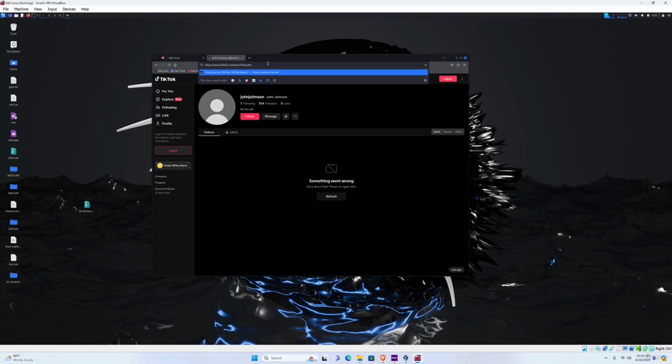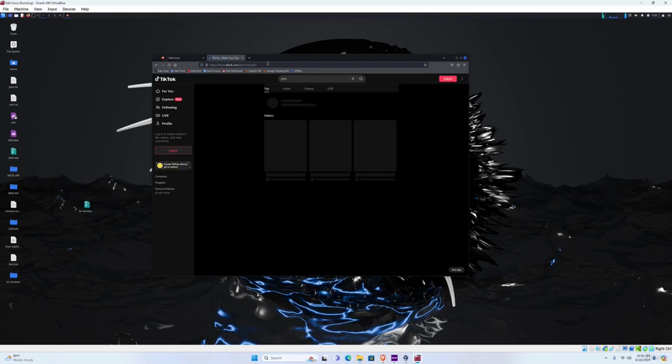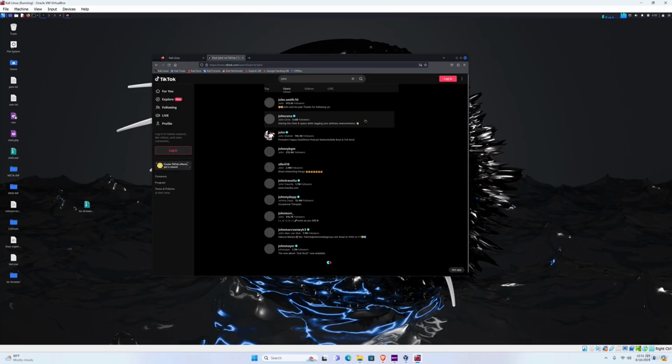So this will search for a username that has John within the username itself. So John is not really the full username, it's just a part of the username, and it will give us all of the results for that. So if I click on users right here, here it is. All of these users should have John somewhere in their username.